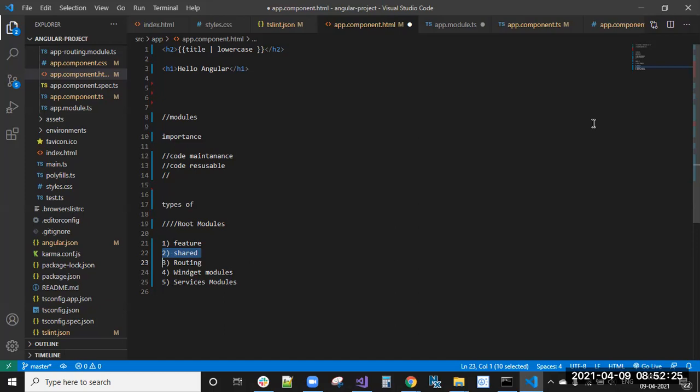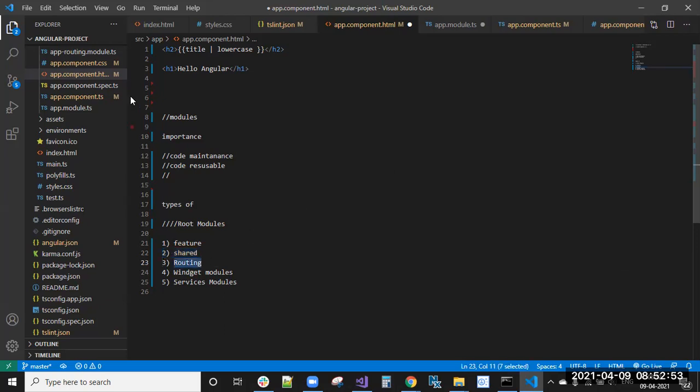So the shared module acts as a mediator between all the feature modules. You can create 100 feature modules, import them in the shared module, and give the reference of the shared module in the app module. So that is the shared module, the mediator.